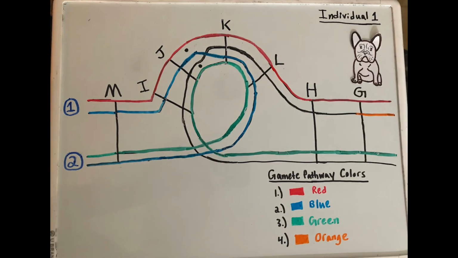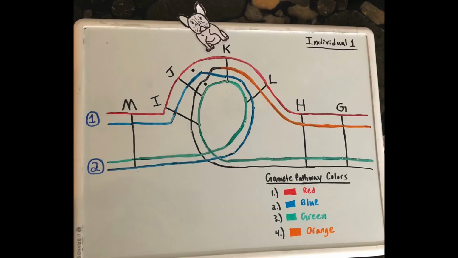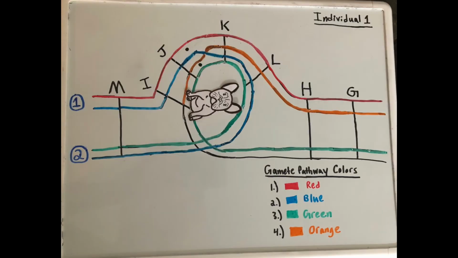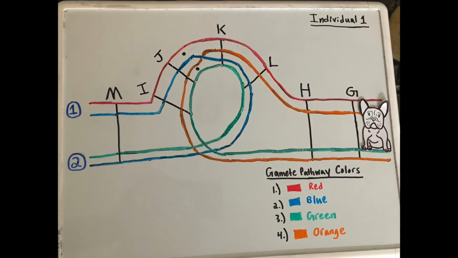For our fourth and last gametic pathway, we have to start in the upper right hand side because we already have used our other three pathways for our inversion example. This pathway will start off with our dog in the color orange representing the initial pickup of G, H, L, and K. We now face our second crossover between J and K, where our dog will again cross over to the loop, but run back to the right, picking up a centromere, J, I, H, and G.